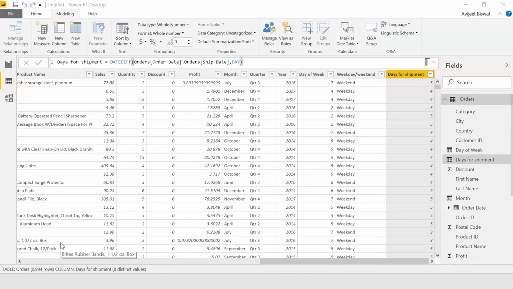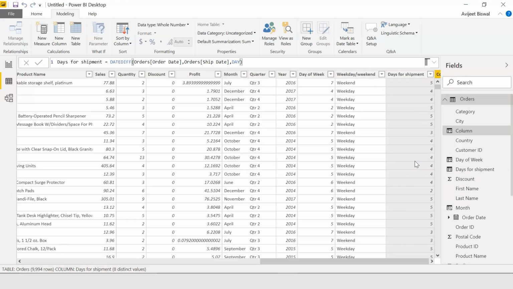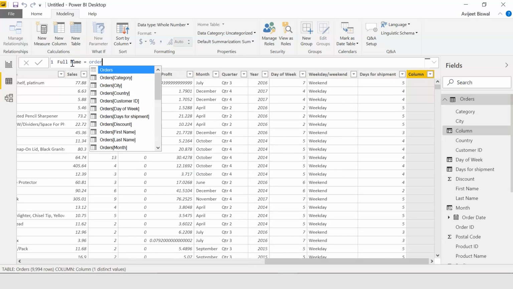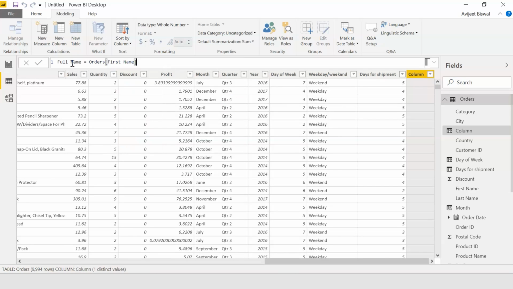Now let's create a full name column where we will concatenate the first name and the last name of the customer. Let me go ahead and do that. I'll create a new column. Let me rename the column as full name. Then I'll take the first name from the orders table, use the ampersand, followed by a space using inverted commas, followed by another ampersand and the last name.